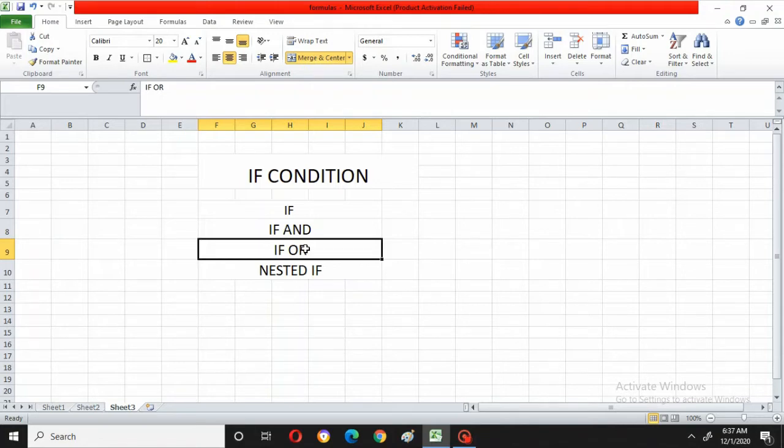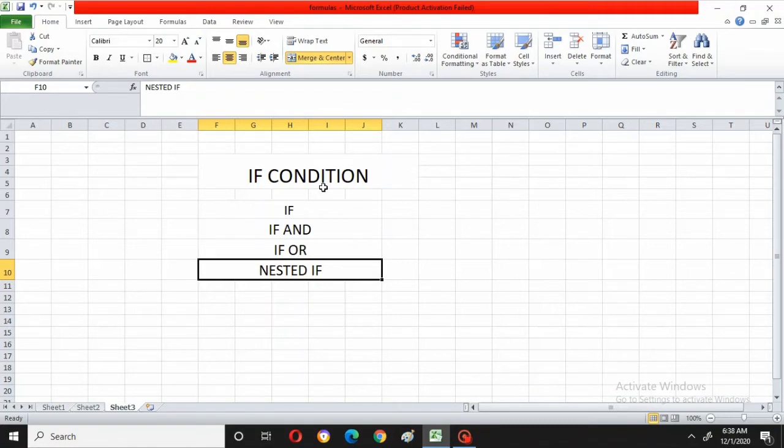If that column is not satisfied, it will go to another column. Like that, if or is used. And nested if is used for checking each and every cell. Suppose one cell is satisfying, it should give that number. If another cell is not satisfying, it will go to another number. So like that you will be using them in different situations. These are used in different situations, right?